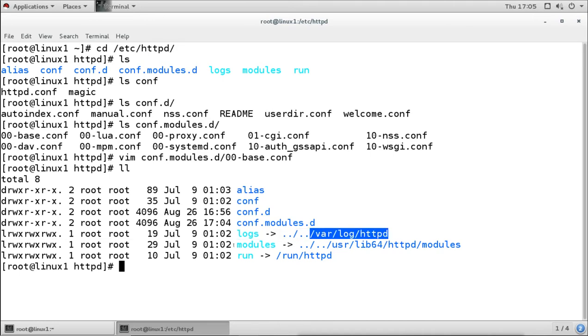So any log generated by this server is going to be stored in that directory. Same for the modules, it is not loading the modules from here. The actual directory for the modules is this. Also for the running PIDs, the directory is this. All three are only links.